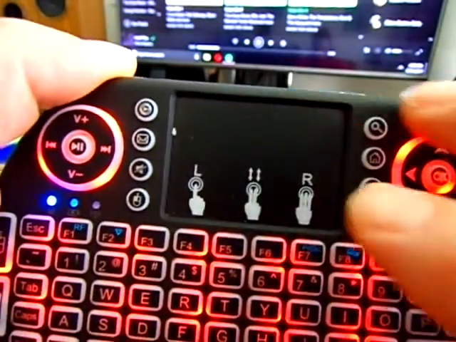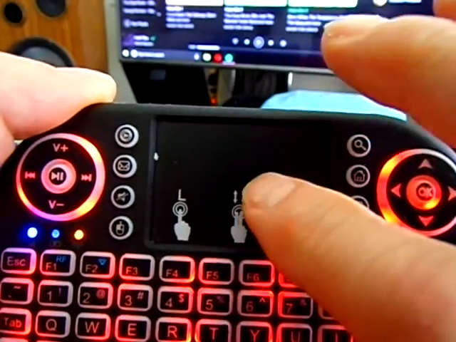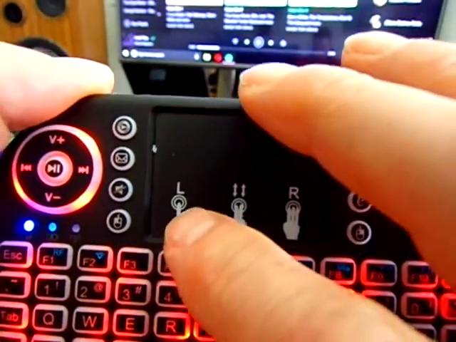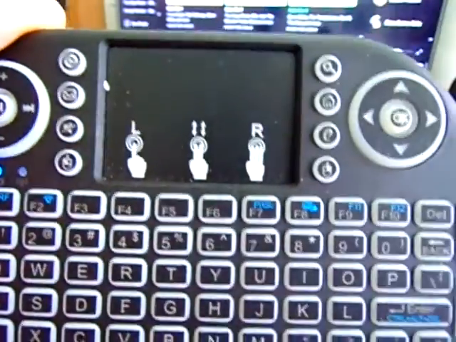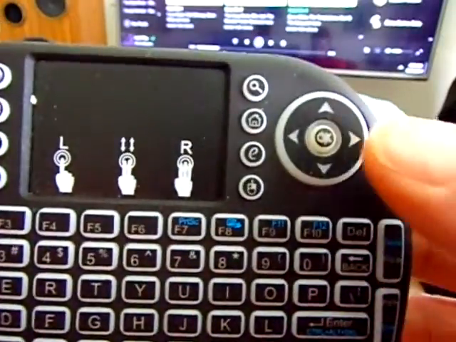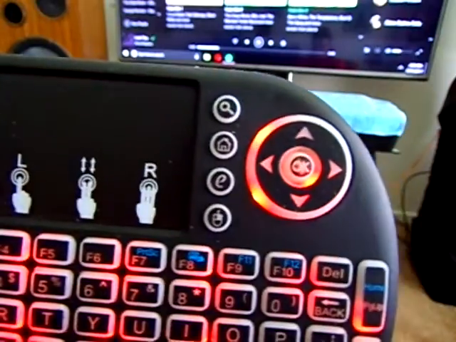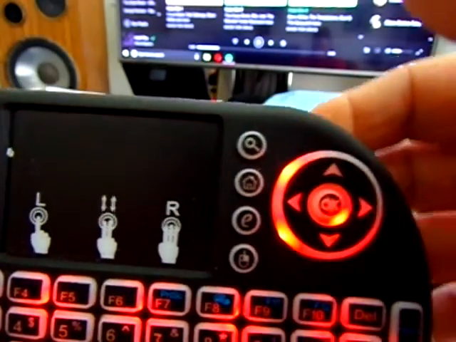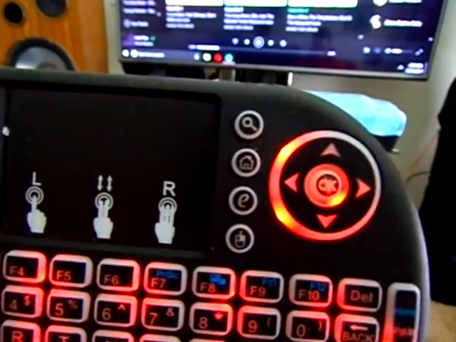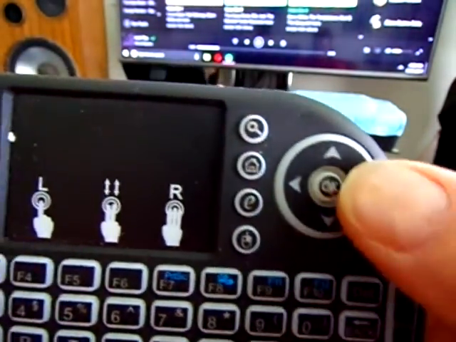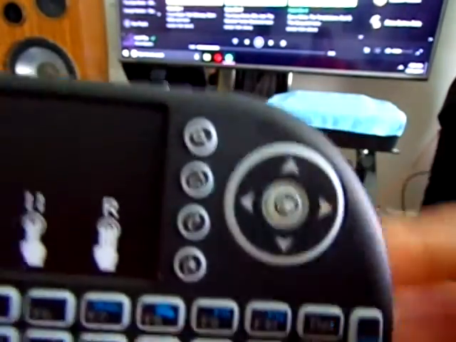Now, the real nice feature about this is your little square right here in the center is like your mouse pad on a laptop. It's nice and sensitive. You can drive the arrow all over the place with it. It works great. You can also scroll up and down pages with these buttons right here, and left to right on a page. If you want to take it off a certain video and take it over to the column so you can drag it down, you just go to here, it takes it all the way over to the bar in the corner, and then you hit this up or down and it's going to slide